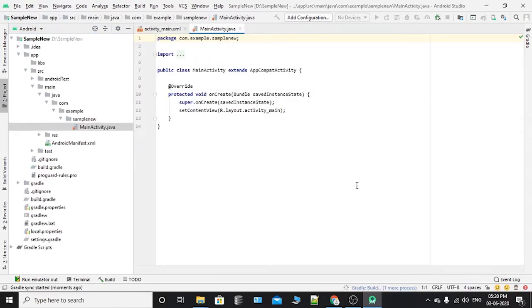Don't click on any tab until Gradle file is built. You can see the progress bar here.